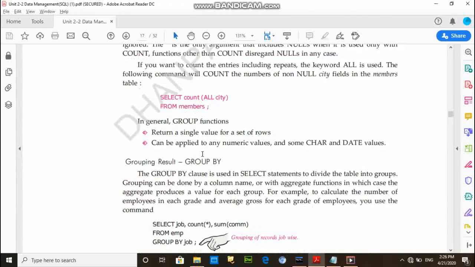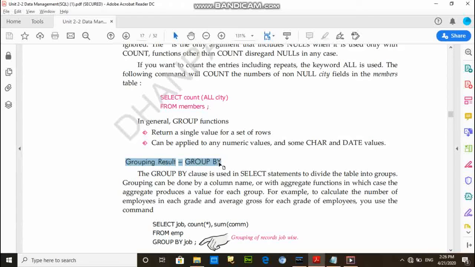And next is GROUP BY. Students, GROUP BY is also a clause, and this clause is used when we want to show the information in groups.